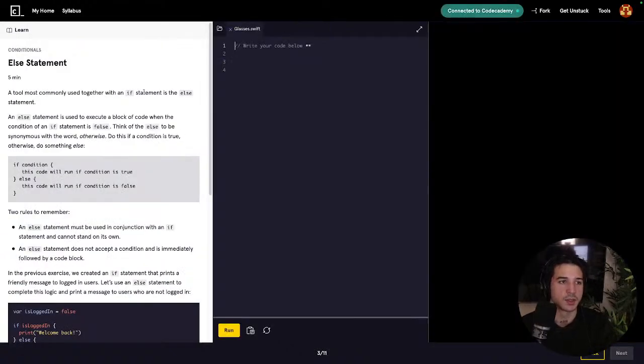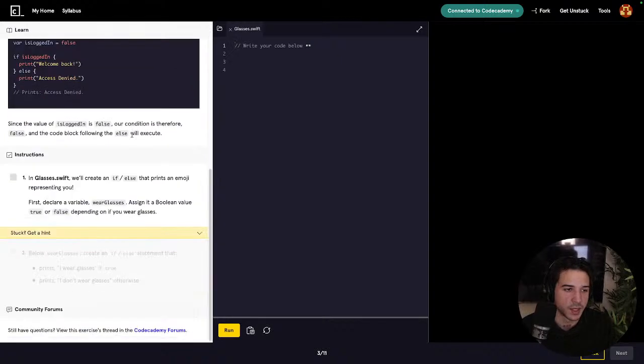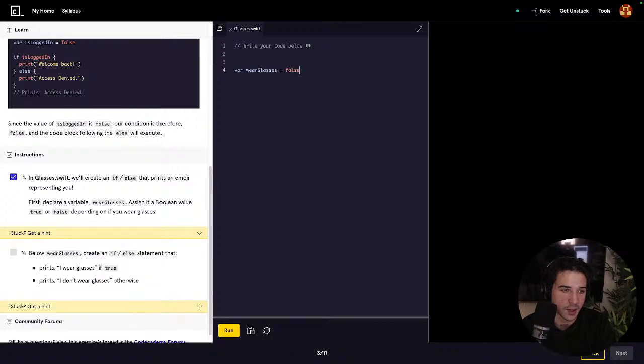Else statement, a tool most commonly used, so same idea. In classes.swift, we'll create an if else that prints an emoji representing you. First, declare a variable, so var wear glasses. Assign a Boolean value of true or false, so false. Below wear glasses, create an if else statement. So if wear glasses,